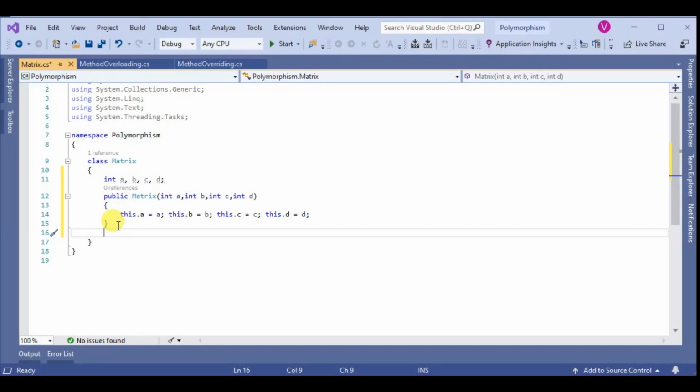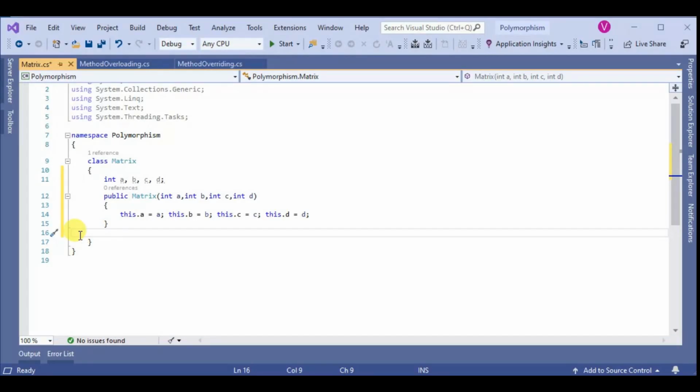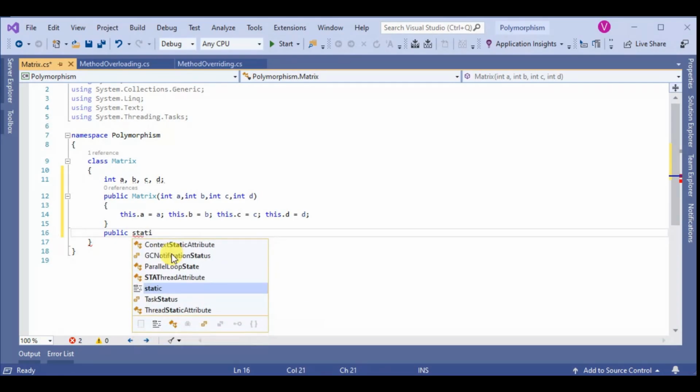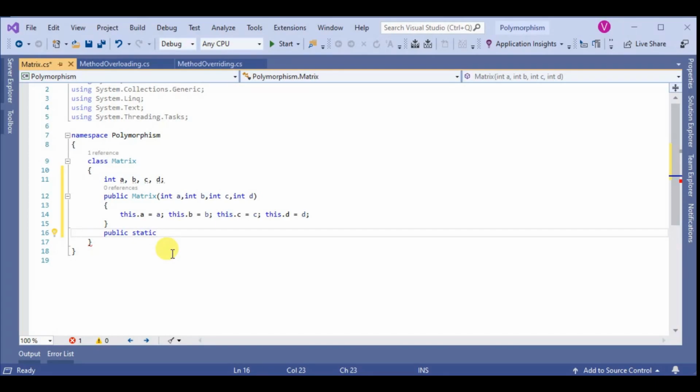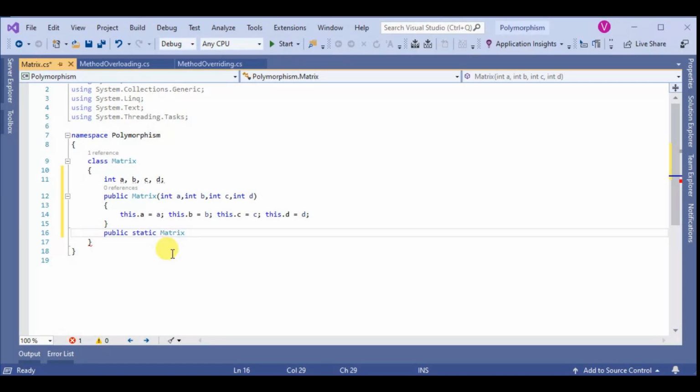Then we write a user defined operator method. Here is the syntax of a user defined operator method. So we write public static Matrix operator.